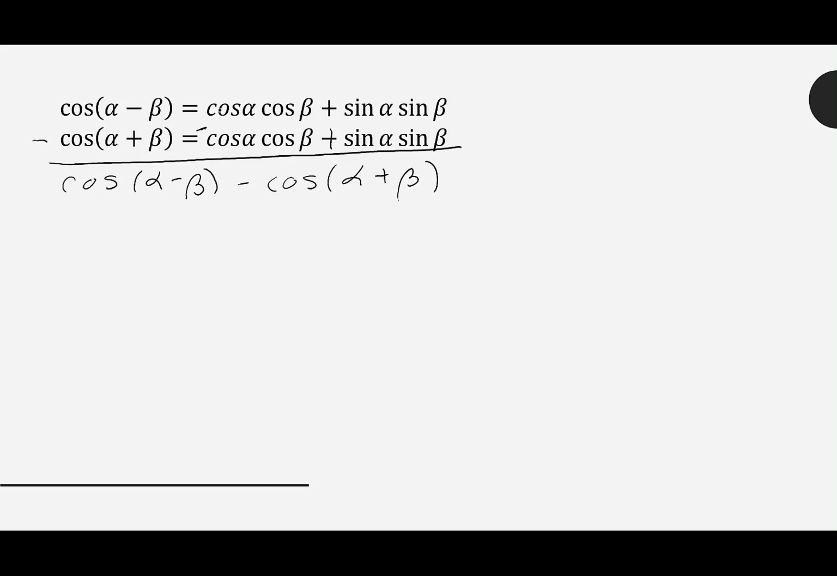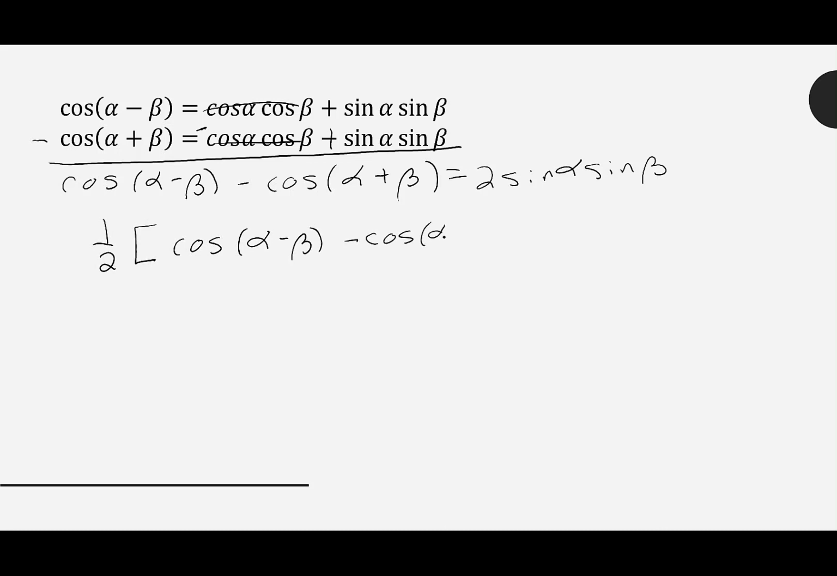The cosine alpha cosine beta cancels. When we add sine alpha sine beta to sine alpha sine beta, I get 2 sine alpha sine beta. I'm going to isolate my product, which means I'm going to multiply both sides by a half. I have a half of the cosine of alpha minus beta minus the cosine of alpha plus beta